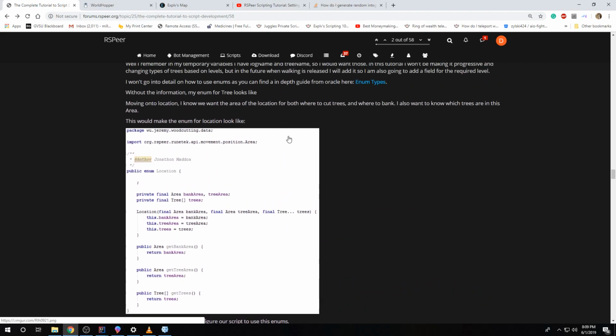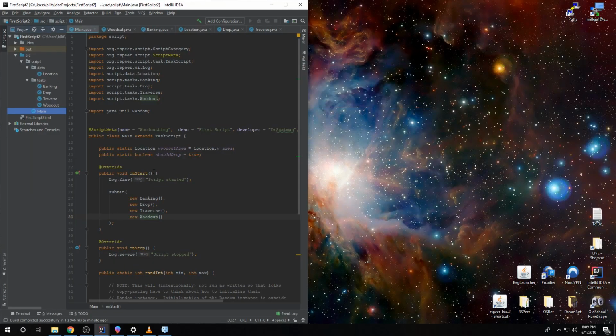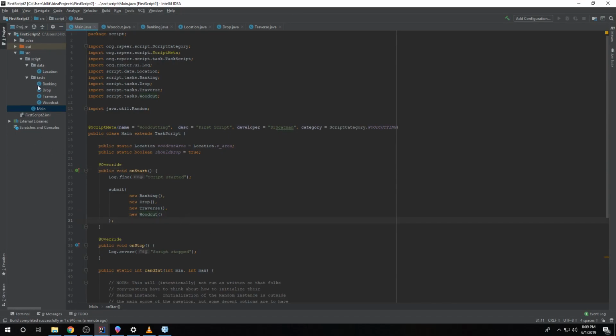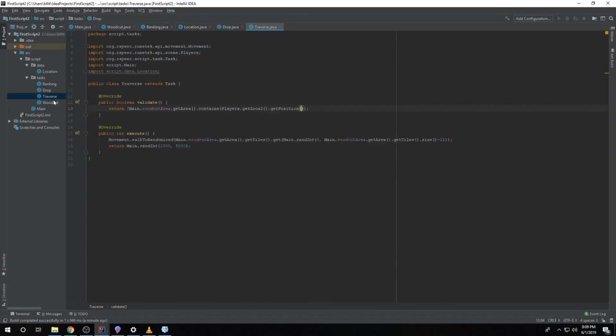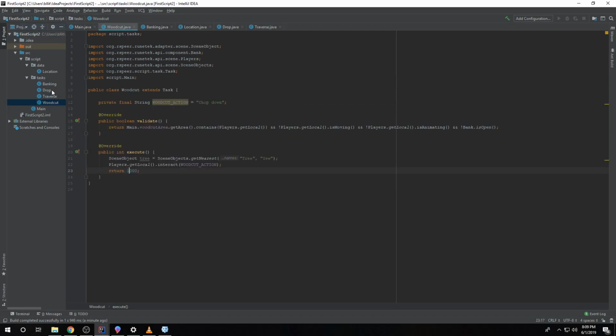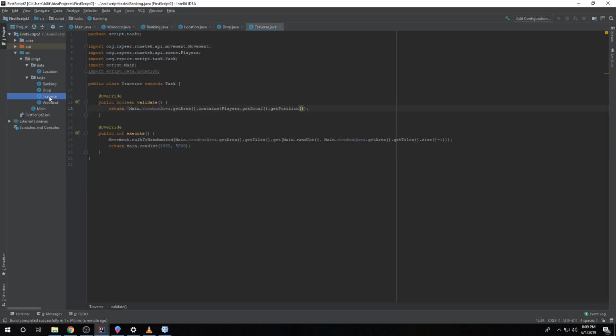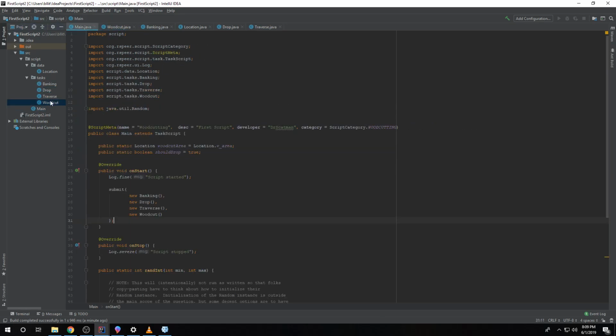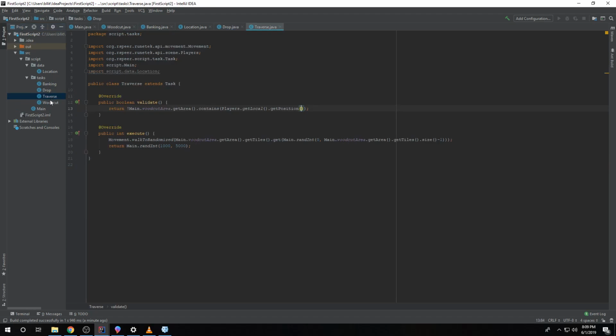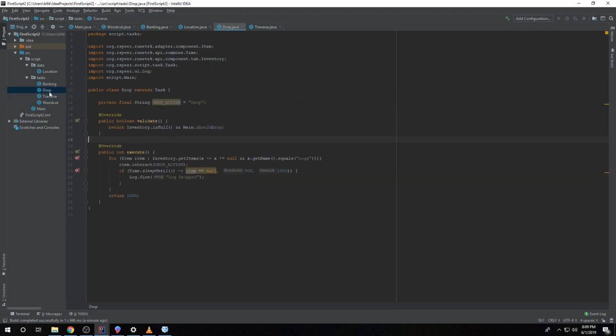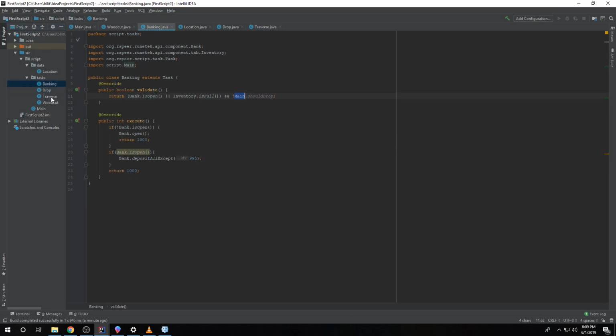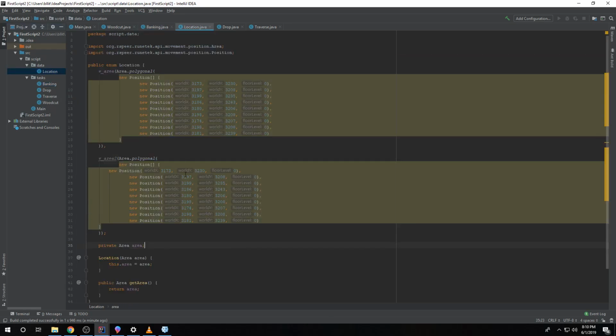Oh yeah, here, I'll show you that. That is a cleaner way to do it. I did forget about that. For example, if you had multiple trees which you wanted to cut down, and because the trees do vary by location. Obviously, as you know in RuneScape, there's only certain trees per location. So I assume there's generic trees in the location I selected. But to set up specific trees in specific locations, you can